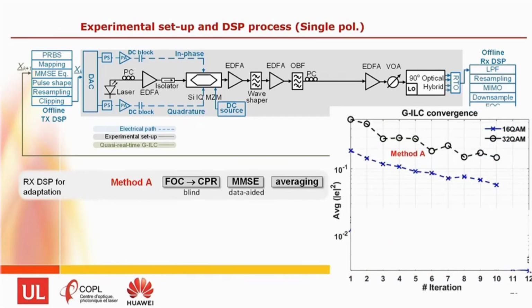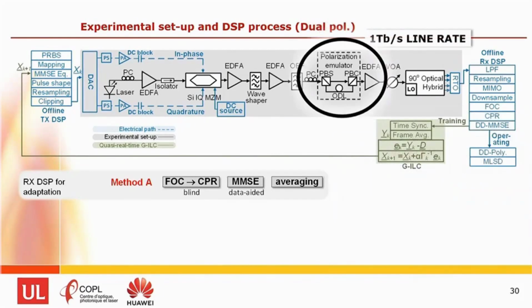These are the results for single polarization, where you can see the number of iterations at the bottom, and that we could get a fairly good reduction in the error in our precompensation routine, both at 16 and 32 QAM. But when we tried it for dual polarization, putting in a polarization emulator, first of all, we took a 3 dB hit on the noise. Second of all, these nonlinear interactions, of course, will work differently in 2 dimensions than they did in 1 dimension.